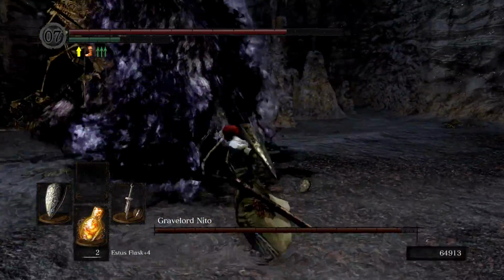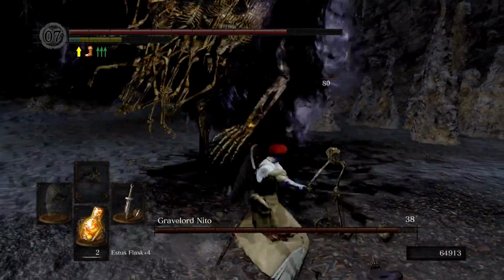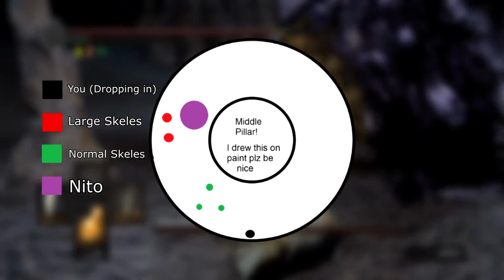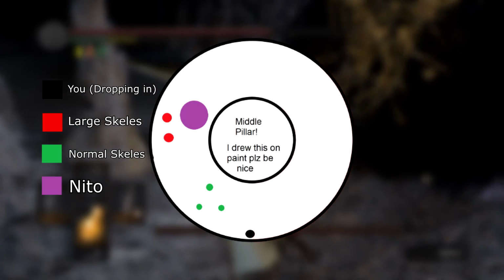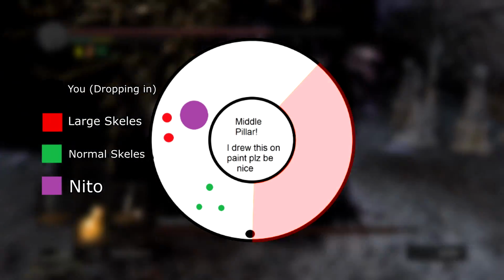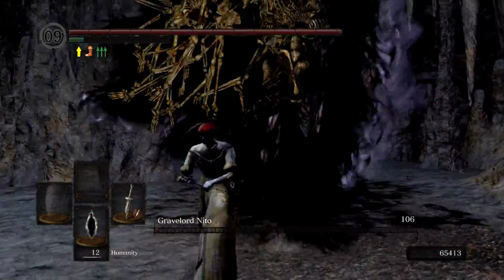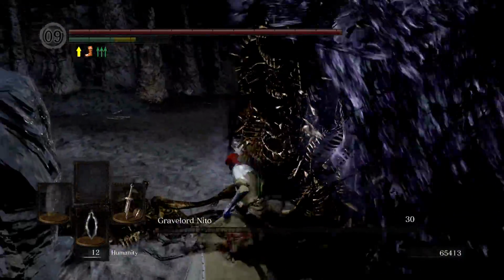All the cops watching tonight will have an easier time imagining this than others, but imagine Nito's ring is like a big donut. You drop in right at the bottom here, and the large skeletons are over there. You don't want to aggro those. So if you just stick to this little third right here, the large skeletons will never aggro. So all you do, you clean out those 3 mini skeletons, and the one-on-one with Nito is so laughably easy